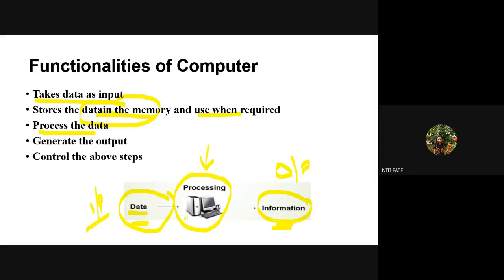It might happen that I have a program which will do only addition, but I also have a program which will do addition as well as subtraction. So for one particular function, that is addition, all this process will be done. Again, the same process will be done for the second function, that is subtraction. That is what is called controlling the above steps. This controlling will be done until it comes to the last instruction of the program. Once it has reached the end of the program, it will stop all the above process and stop the execution of the program. That is what is called the functionality of a computer.